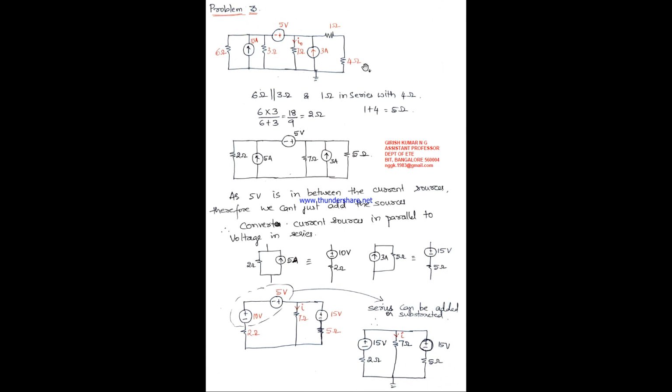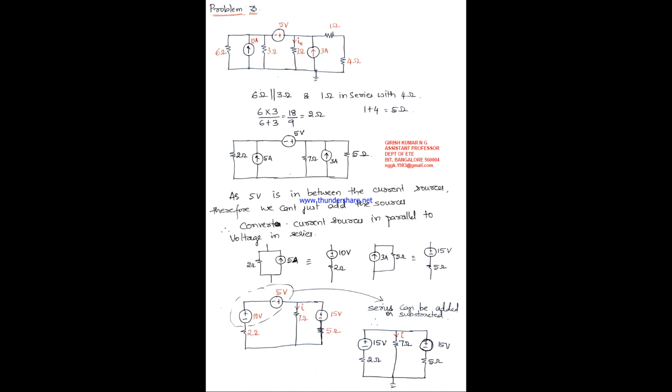And what we should find out here is, I'm sorry, I forgot to mention the question. The question here is to find the current I naught flowing towards the 7 ohms. I need to find the current I naught flowing towards this 7 ohm resistance. That is the question. Okay, what is the first thing that we do here? First we need to